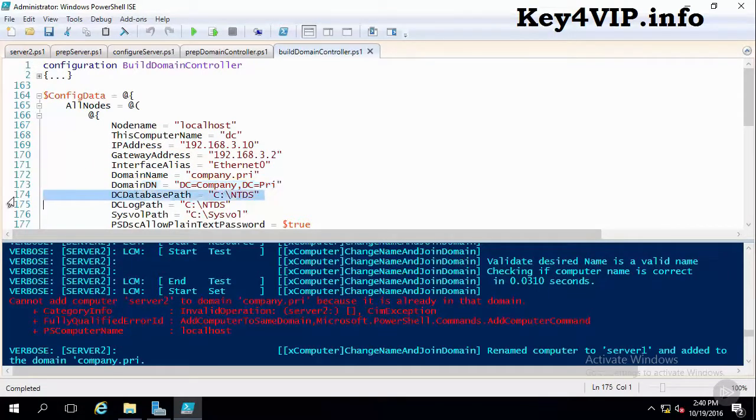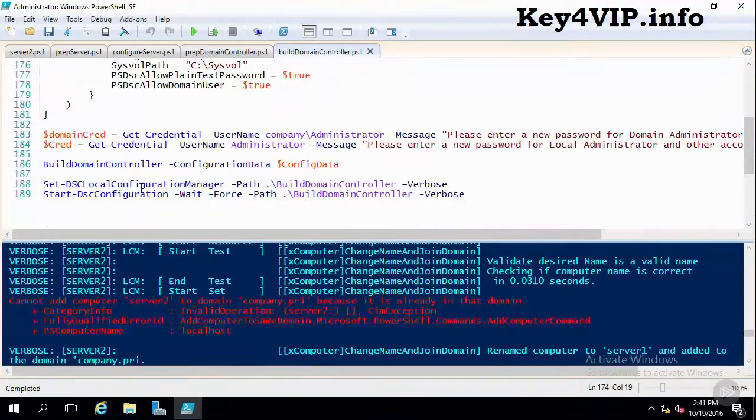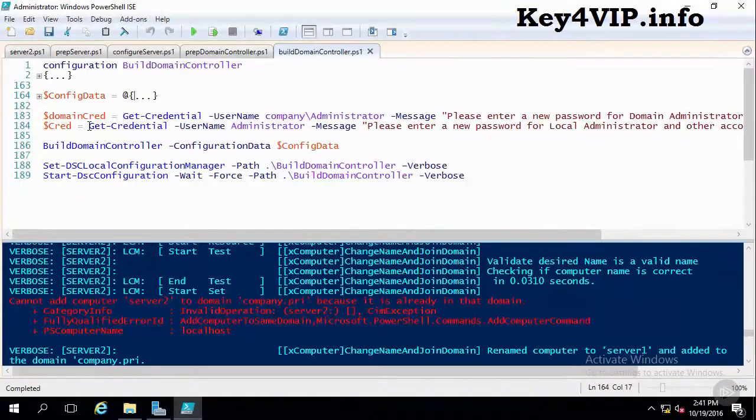We have a database path and a log path that we want to configure also for Active Directory once we go through its installation, as well as a sysvol path down here. And these last two items down here allow us to use the usernames and passwords that we're entering in down at the bottom part of the script right down here. So these are the specific information bits that we're going to add as part of our build domain controller